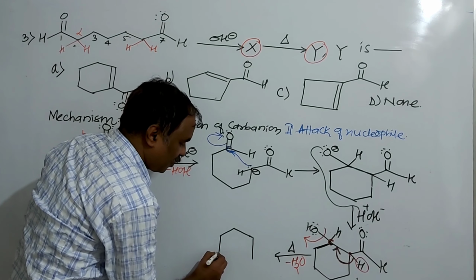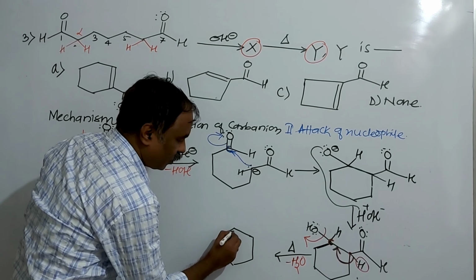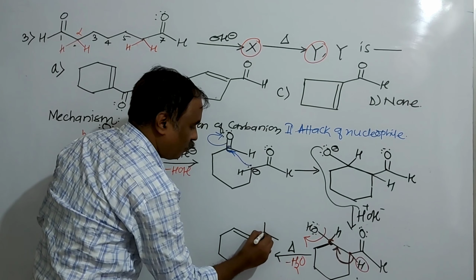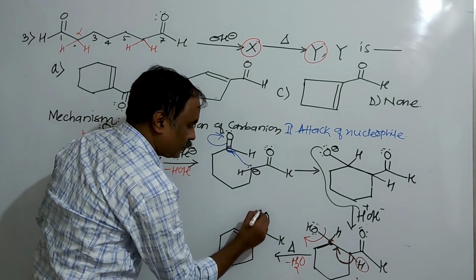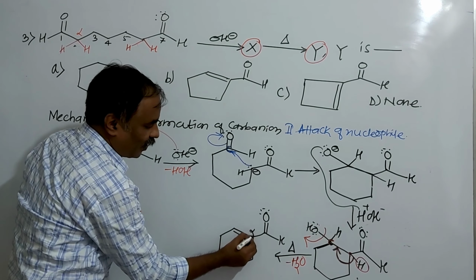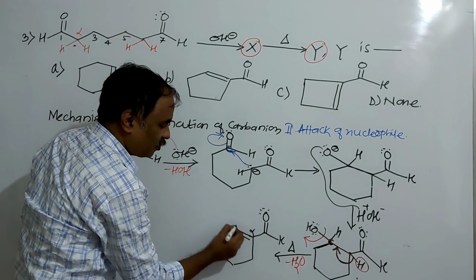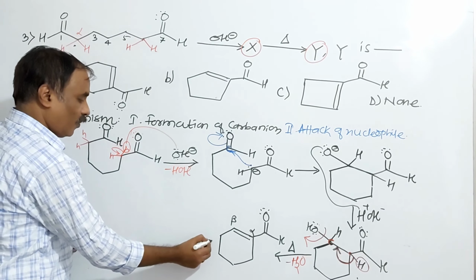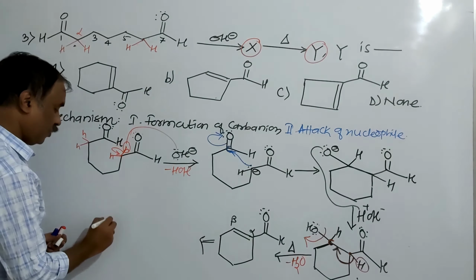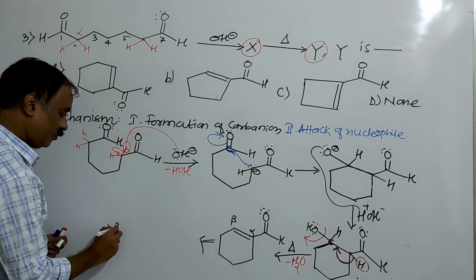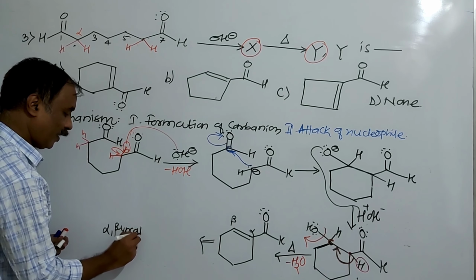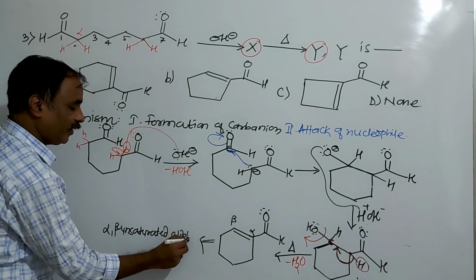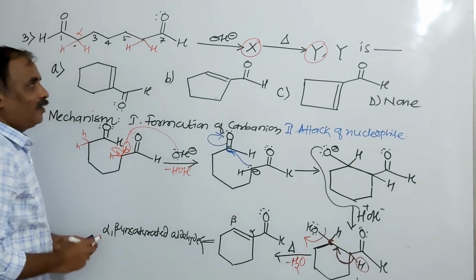Here is the formation of a 6-membered ring. Here it is now a carbon carbon double bond, and this aldehyde group remains as it is. So this is the alpha carbon with respect to the aldehyde, this is the beta, and this is an alpha beta unsaturated aldehyde. And what is the common name of this? This is said to be an alpha beta unsaturated aldehyde. So what is the answer?